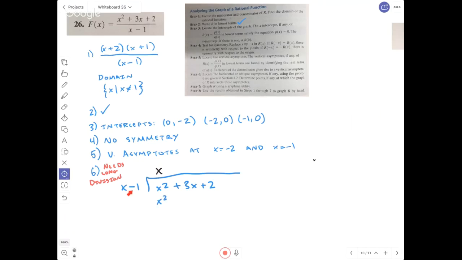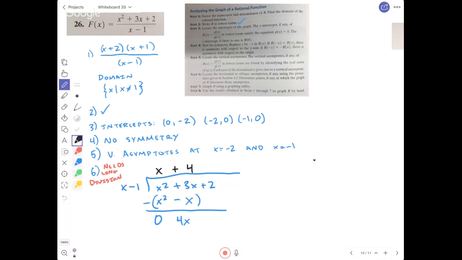And x times negative 1 makes negative x. Subtract. x squared minus x squared is 0. 3x minus negative x is the same as 3x plus x, which is 4x. x goes into 4x 4 times. Plus 4. 4 times x is